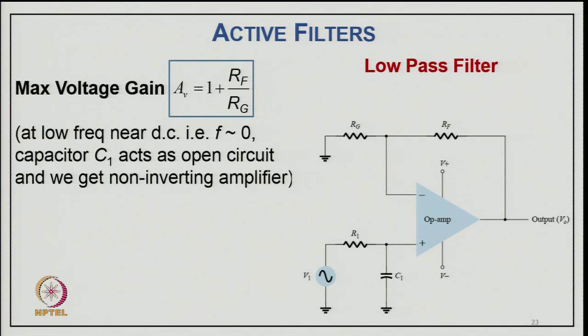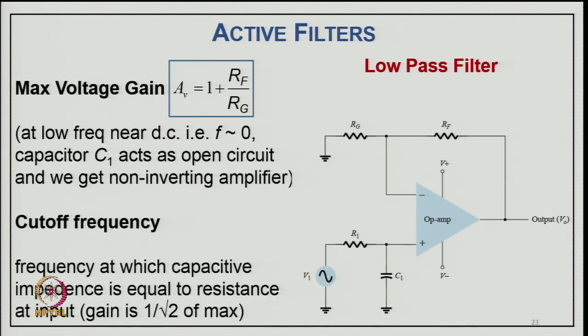So, we will get A_V equal to 1 plus R_f upon R_g. We can adjust R_f and R_g and decide what maximum gain we want from the input signal to the output. The cutoff frequency is the frequency at which the capacitive impedance equals the resistance at the input, and the gain is 1 by root 2 of the maximum. The cutoff frequency comes out as f_OH equal to 1 upon 2 pi R_1 C_1,